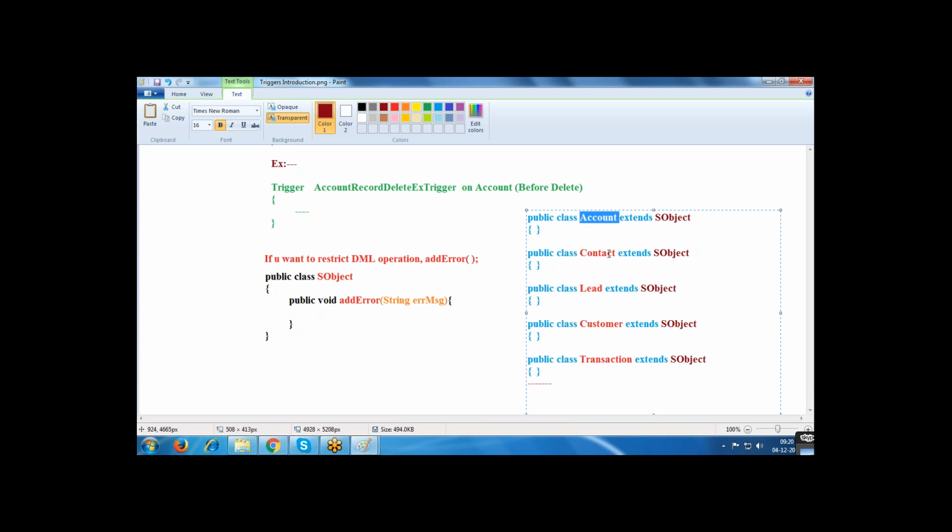Yes or no? Yes. Here one method is there in the SObject. Can I use this method in the account or not? I'm asking only that question. As per the concept, yes. I'm asking only concept. Whatever methods are available in the SObject class, those SObject functions you can use into account also. Same as it is, you can use into contact. Can we use in the customer? Yes, in all the areas we can use.